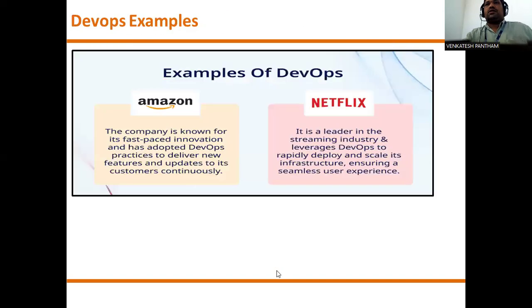And DevOps examples are Amazon and Netflix.